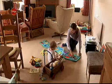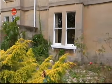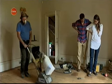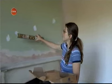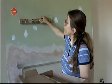Beata, Anthony and little Yulia have been living in a flat since they bought this rundown Victorian house in a quiet corner of Bath. They want to restore Newbury to its former glory, but have been resisting sometimes staid Victorian tradition in favour of a rather brighter arts and crafts look. I cannot wait to see the final